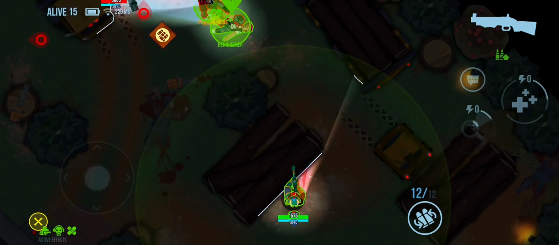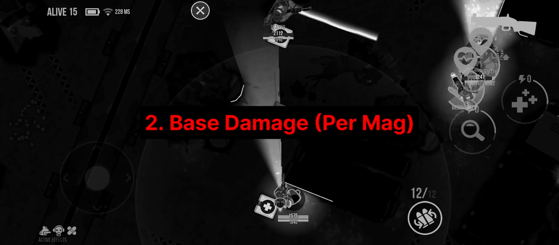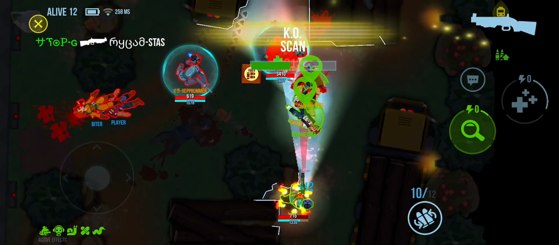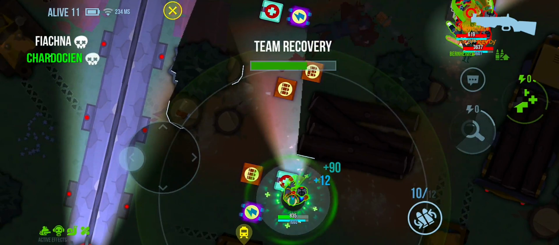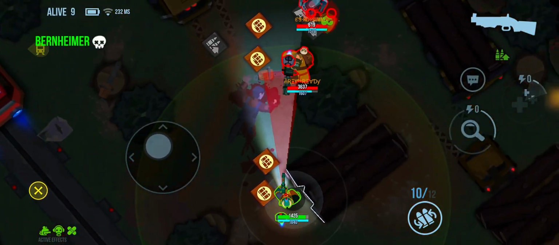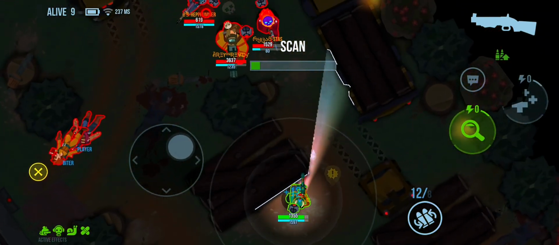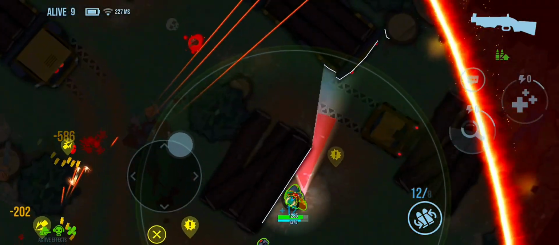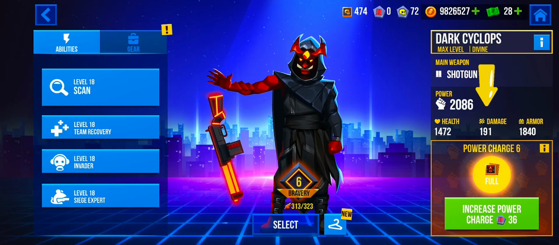We now proceed to the second category, and here we have damage. Specifically in this category, we are going to be comparing their damage per magazine. So this is the damage that they would do if they emptied their entire magazine into a hero. In the case of Cyclops, he carries a shotgun, as we all know, and shotguns work in such a way that each bullet is made up of a number of pellets, and each of those pellets does a given amount of damage. The damage that you see listed here for Cyclops is the damage per pellet,